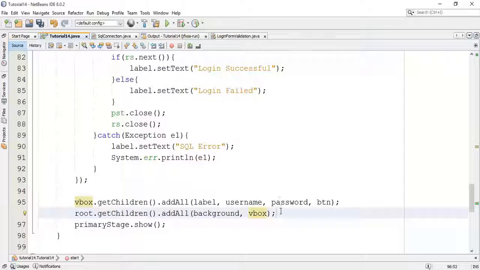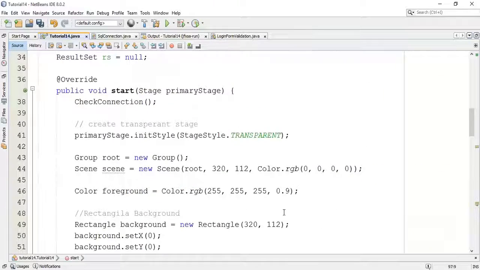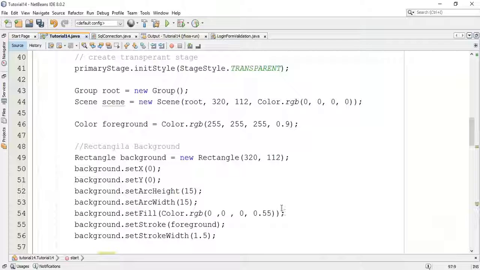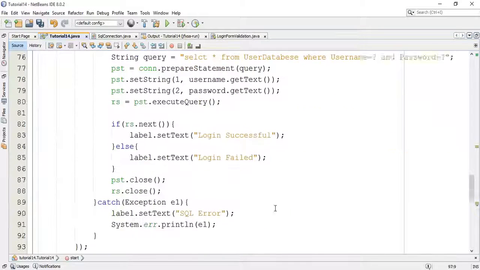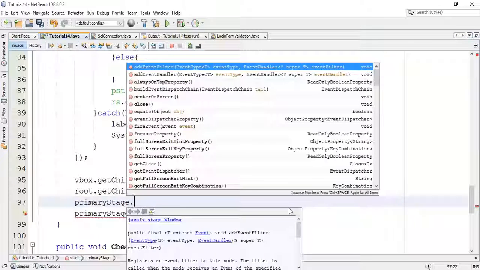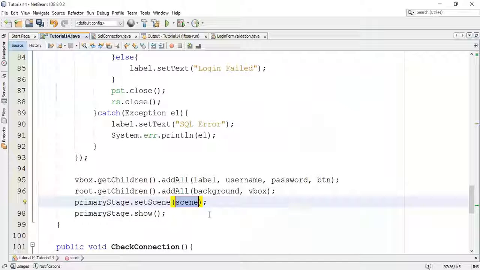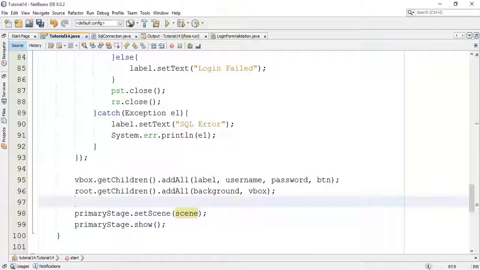Now we have done with the code. Before that I'm going to set primaryStage dot setScene. So I'm going to add the scene we have created for the group layout and save this and run.